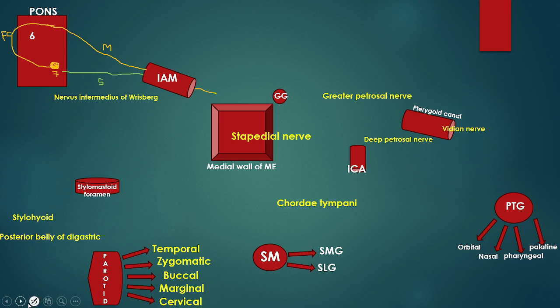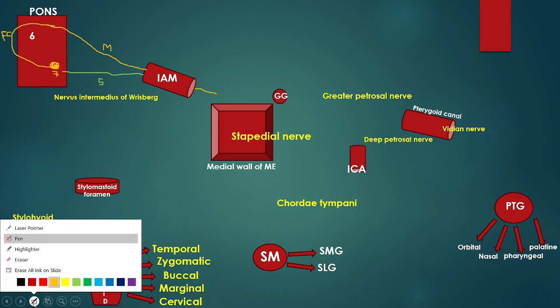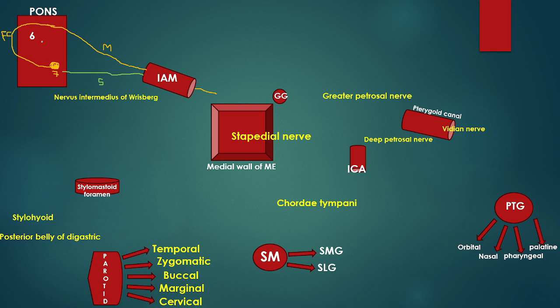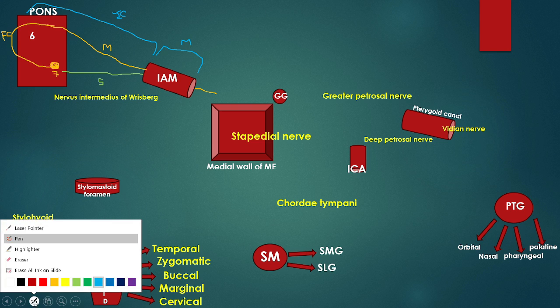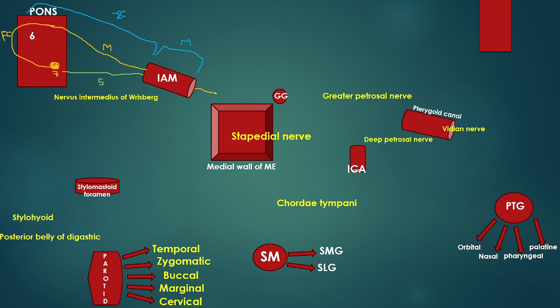Now I will tell you all the segments of the facial nerve as each segment comes. So over here we have two segments of the facial nerve. First of all, from the pons up to the internal acoustic meatus, there is the intracranial segment of the facial nerve. Simple. And when it passes through the meatus, the name is what? Meatal segment. Very easy.